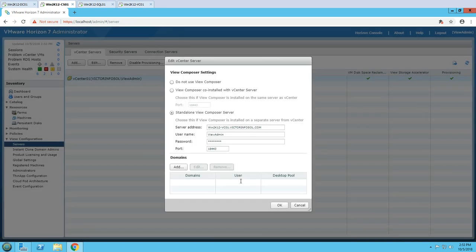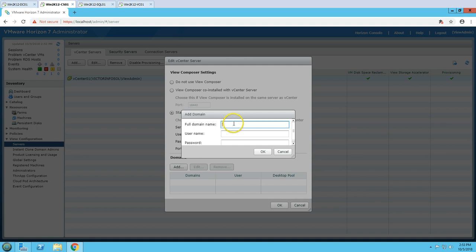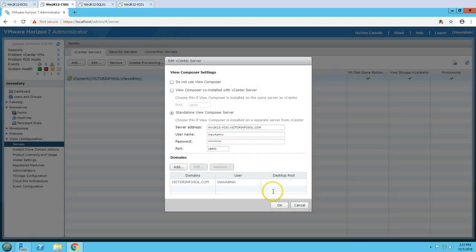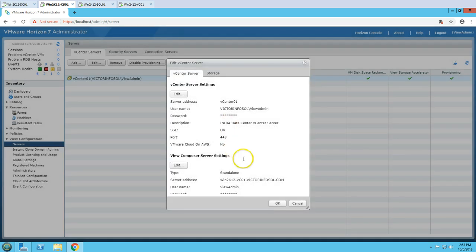this certificate, and we can add the domain if you wish to add. So I'm going to add the domain name here, and you can also put the username and password. So I'm going to put my view admin here and click OK. So now it's time to click on OK, and we'll see once this is added. So now you can see this is successfully added, and we have a View Composer server